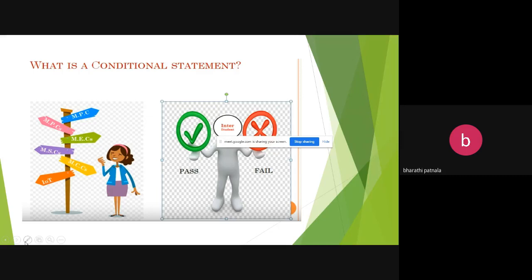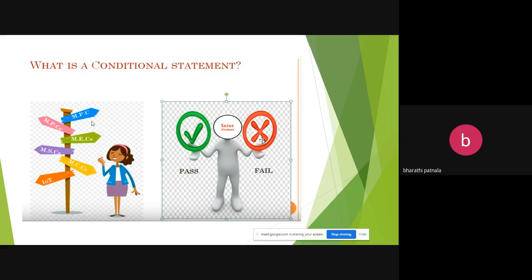Coming to conditional statements, you have a chance to deviate your flow of execution into many branches. For example, consider an intermediate student who thinks: if I pass the intermediate board examination, then what career should I choose?